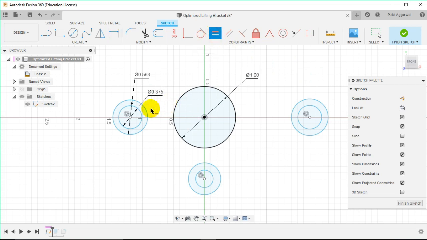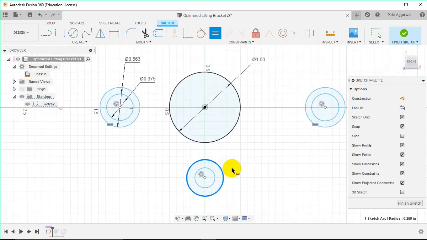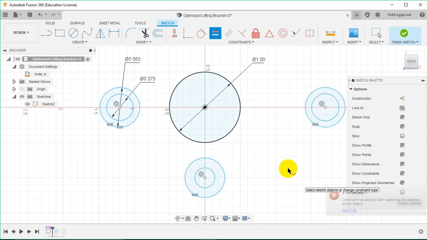Now using the equal constraint, make all these dimensions of these three circles to be equal. Now we will be using the equal constraint and making these two equal and these two equal. Now similarly with the inner circles,